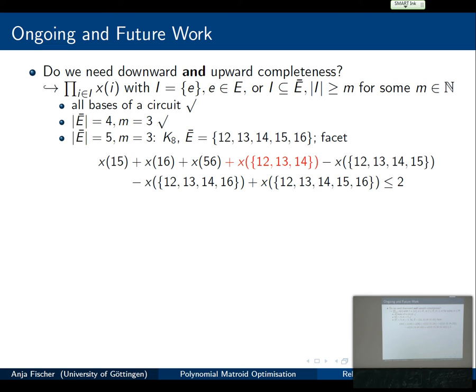And what does strange mean? I have highlighted this term here. We consider a graph on a K8, and we get this as a facet-defining inequality. Here we have a triangle, and now we have x variables of our linearized variables. And why do I highlight this? Because it does not really fit to the other stuff. In these cases here, we really get the coefficients like we are used to, where we count dependencies. But here the problem is the smallest monomial that occurs